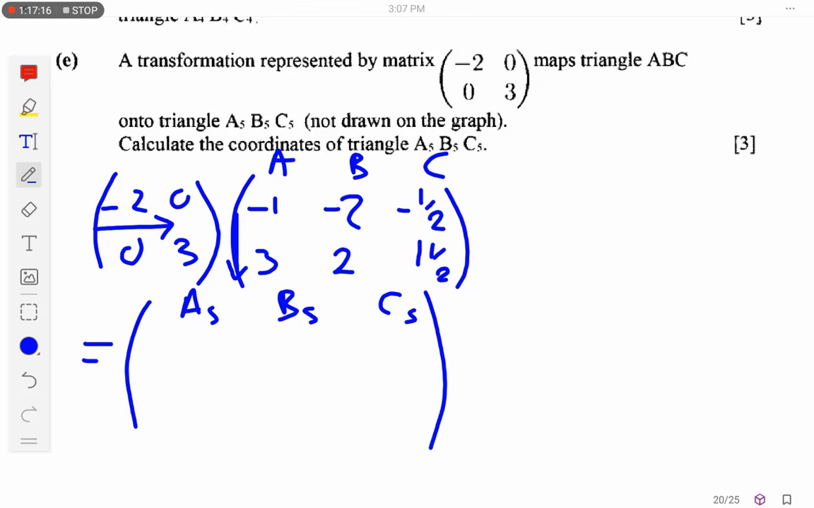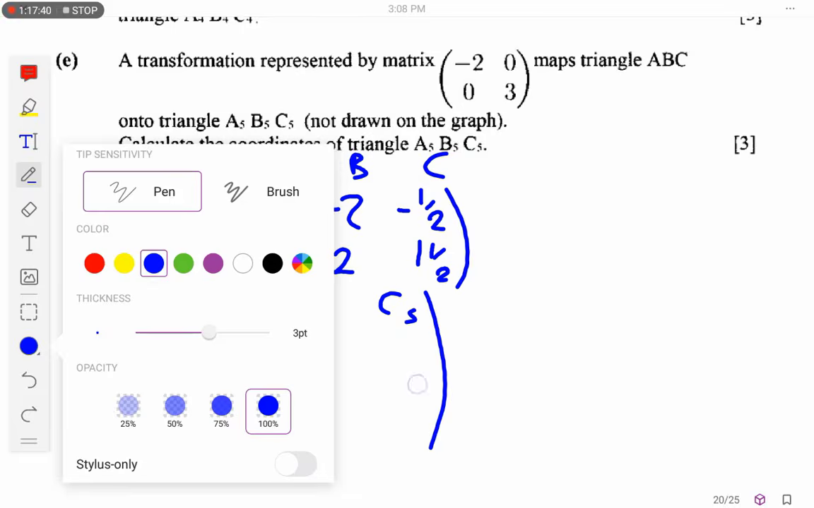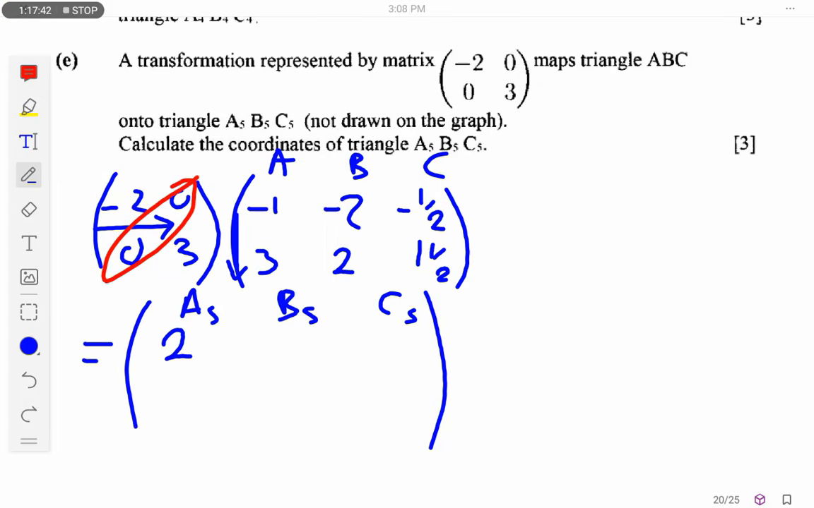Okay, so let's do that. Minus 2 by minus 1, I'll get a 2. Then plus a 0, that's a 0. So these zeros are not affecting anything. You just multiply this one and this one. Those are the ones that you concentrate on. Okay, so let's multiply the next one. 0 by minus 1, that's 0, plus 3 by 3, that's a 9. For B, minus 2 by minus 4,